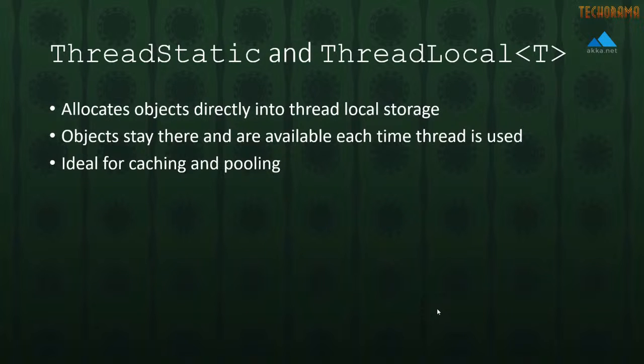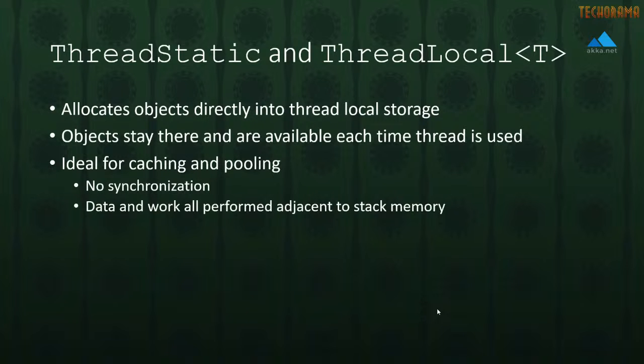So thread static objects are ideal for doing things like caching and pooling. A good example, inside Akka.Remote, we have an LRU cache, which stands for least recently used, for deserializing actor references, because that can actually be a somewhat expensive operation. We use thread local caching for this because that eliminates the need for us to synchronize between threads, meaning we don't have to use any locks or semaphores or anything like that. And on top of that, we also have really good cache affinity.